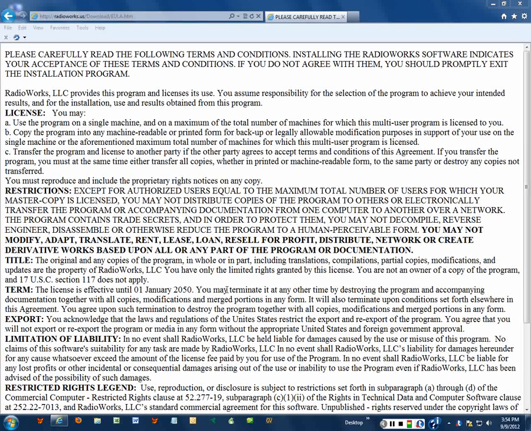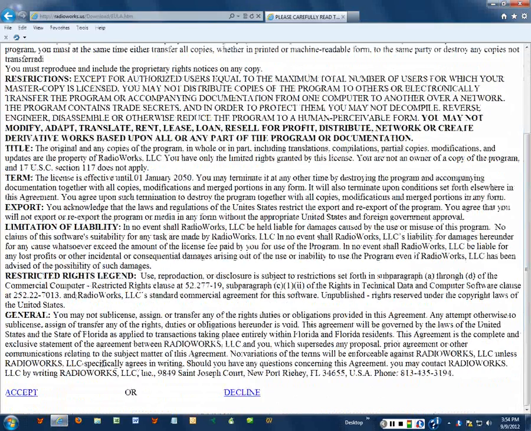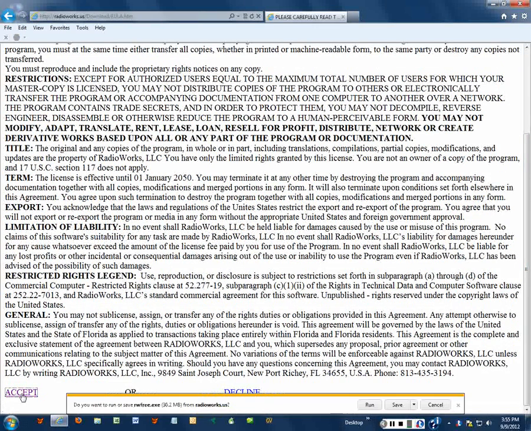When you click on the Proceed to Download link, you will see our end user license agreement. So please read that, and when you get down to the bottom, then you can either decline and not load the free version of RadioWorks, or you can click Accept. And when you click that,